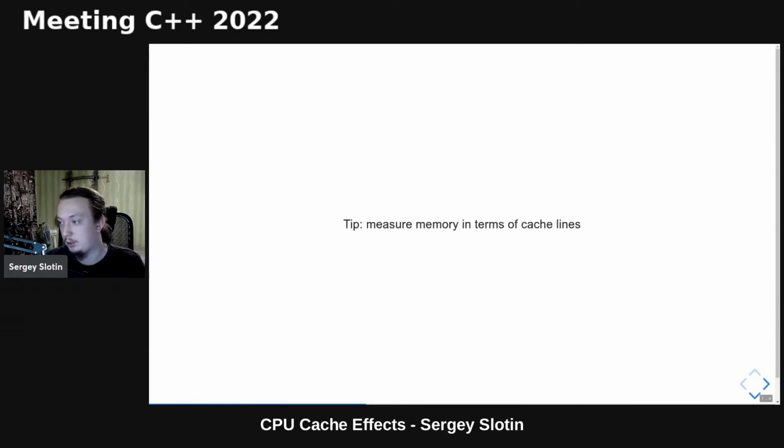The important practical lesson here is when designing and analyzing memory-bound algorithms, you need to count the number of cache lines accessed and not just the total number of memory reads and writes. It is not entirely accurate, but it's much more accurate than counting memory operations or individual bytes.